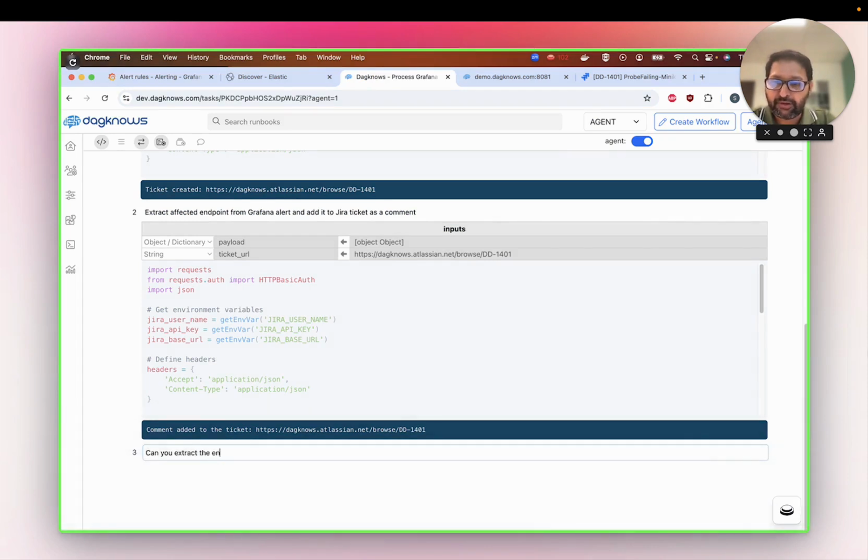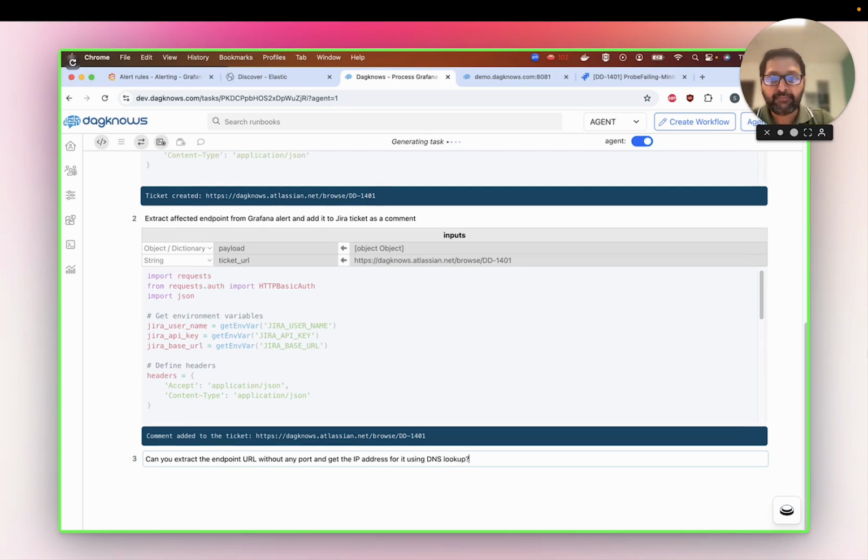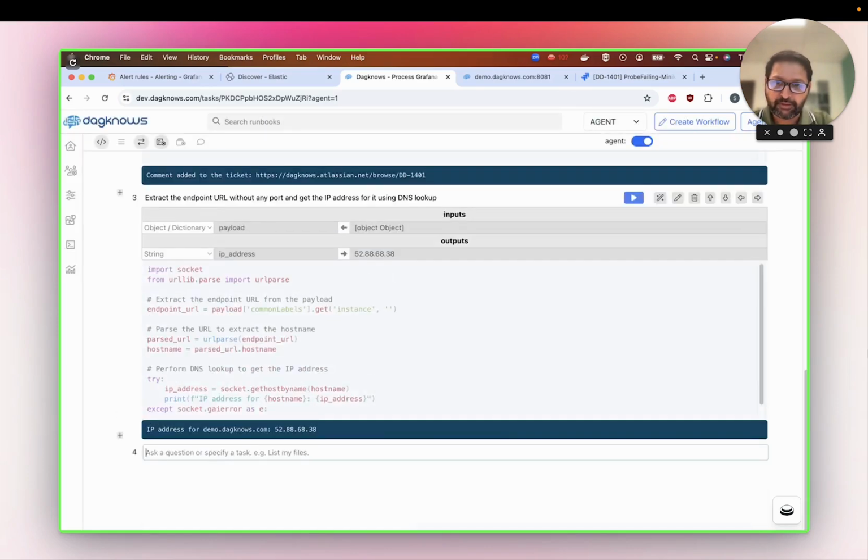Next thing I want to do is, let's extract the IP address of that endpoint, because that will tell us which EC2 instance is serving it. And then we can log into that instance and do some troubleshooting, gather more information, and put that in the ticket as well. Okay, so now we have the IP address. Let's tell it that this IP address is of the server that's running the minikube, and now we can